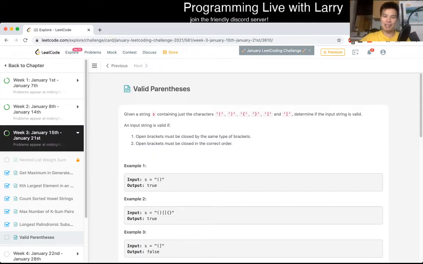Okay, today's problem is valid parentheses. I usually solve these live, so if it doesn't go as smoothly, just fast forward through it. Given a string s containing just the characters, whatever, determine if the input string is valid. So this is actually